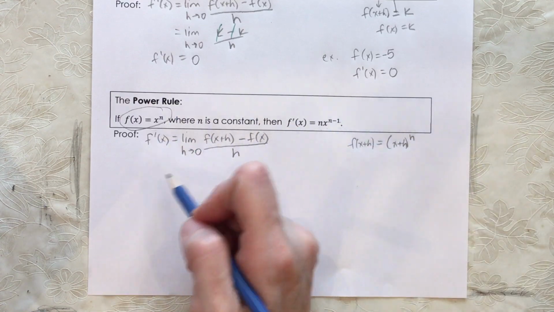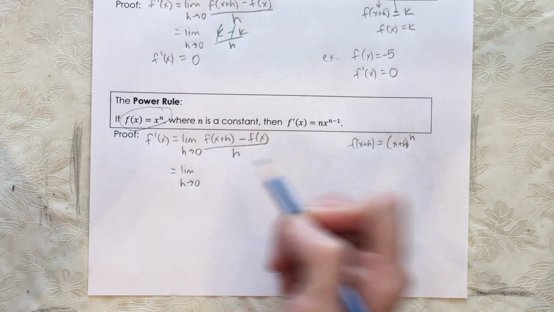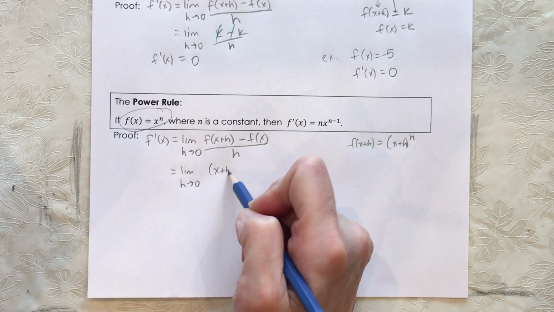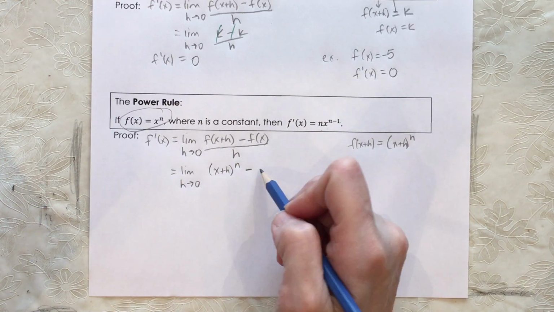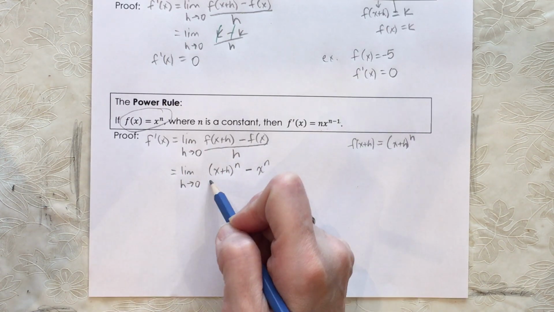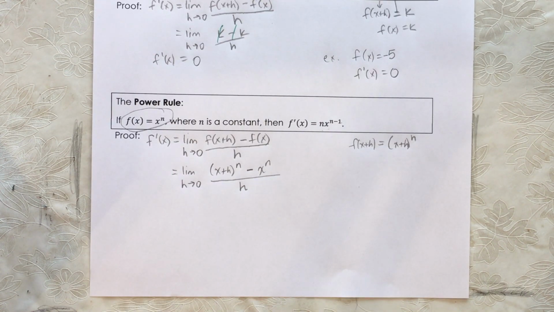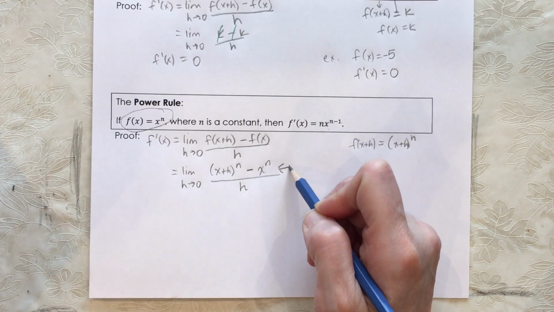And we know f at x is x to the n, so we could fill those in. So f at x plus h is x plus h to the power of n minus f at x is x to the n all over h. Okay, so we want to find a way to deal with the numerator here,